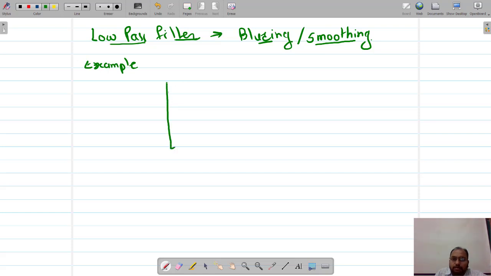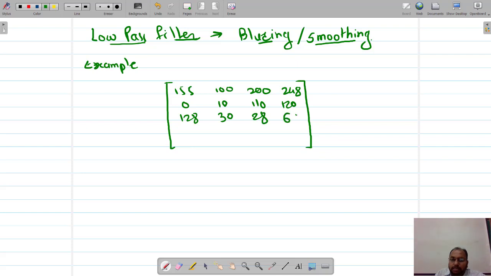Let us say we are having this as my image matrix, in which the image intensities are 155, 100, 200, 248, then 0, 10, 110, 120, 128, 30, 28, 69. Likewise the pixel intensities are there. The range of the pixel intensities will be 0 to 255.